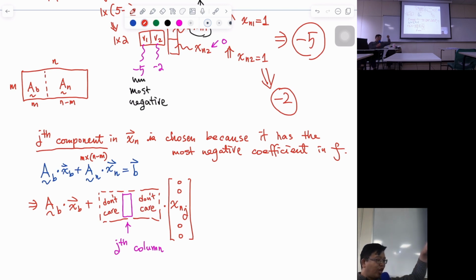We only care about the jth column inside AN, and it's going to multiply with xN j. And xN j is going to become positive later on. And this remains the same as the b vector at the end. This is supposed to be like this. So when we have this,